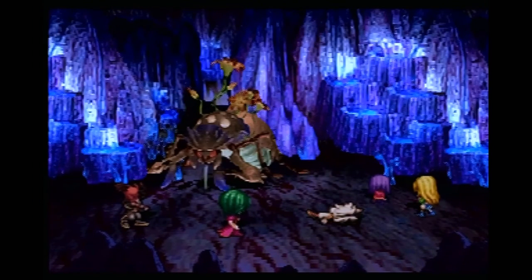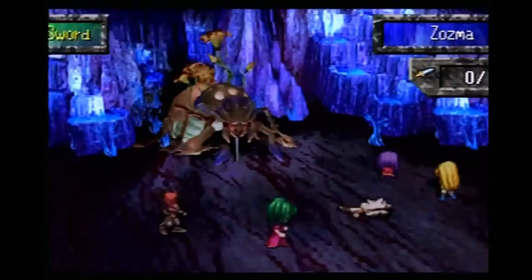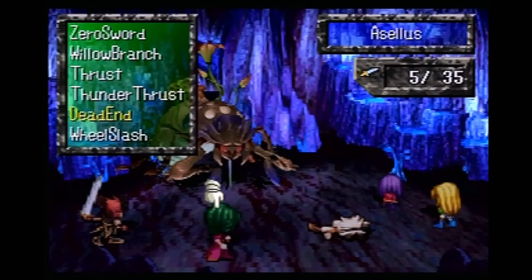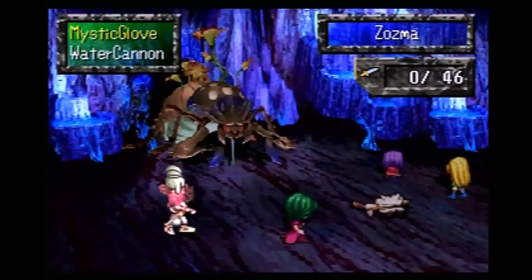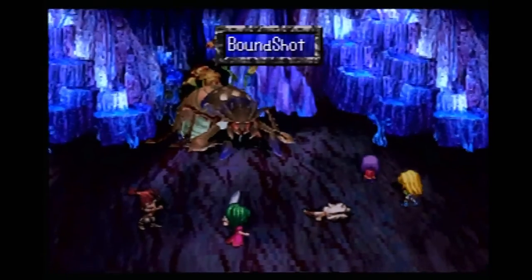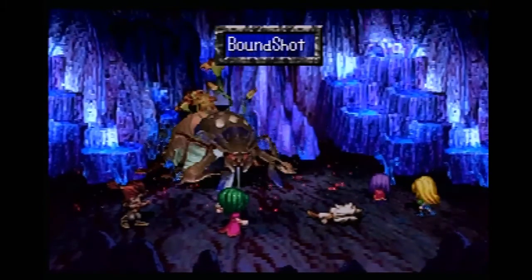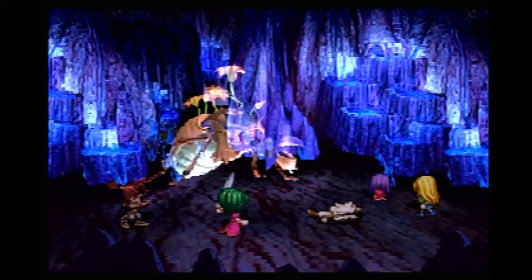Oh no, she's gonna be dead because of... Oh! This guy certainly has a lot of life. What? Use some cool mystic tech. Water cannon. That's true. Well, now I have to use bound shot since... Ah! Yes! Good. I was honestly kind of worried about that boss because I still consider myself...